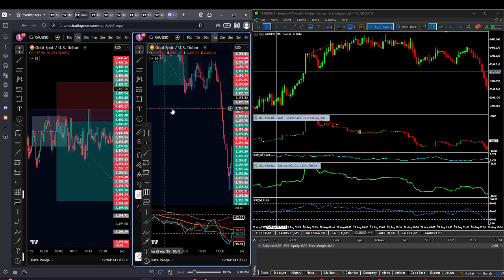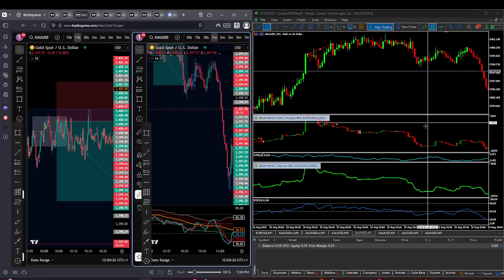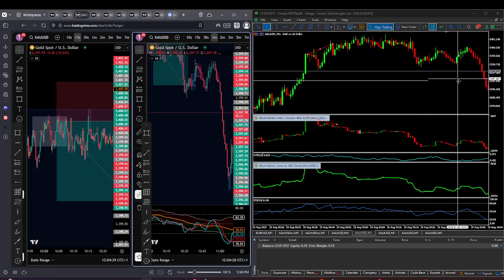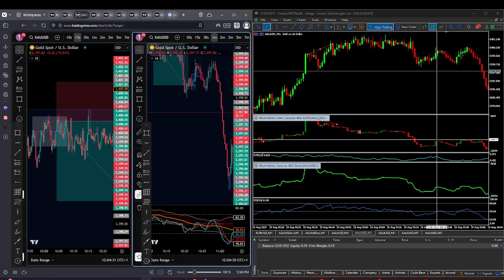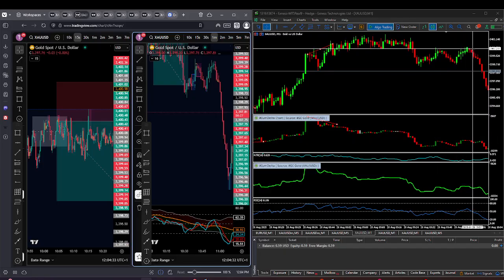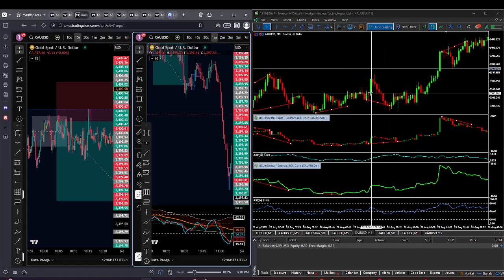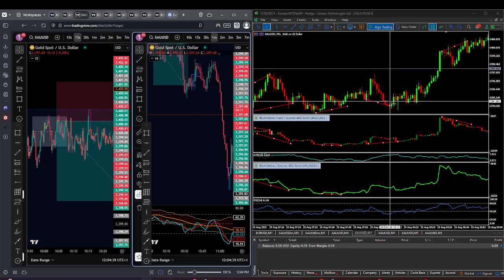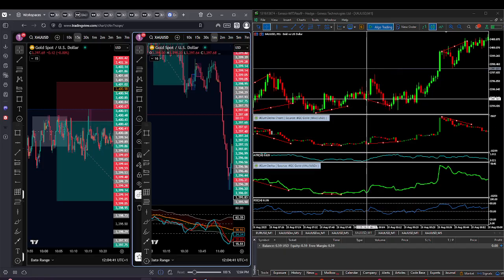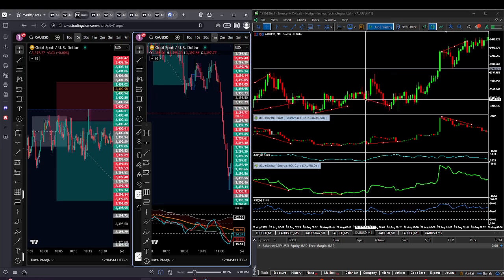So you can see there was no setup here, because price was just aligning with the movement. It was going higher high, it was also going higher high. So you have to take notes. Then same thing here, price came here and gave us